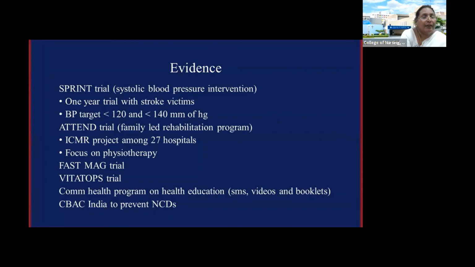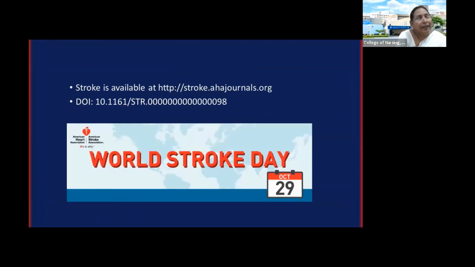VITATOPS trial is giving vitamins to prevent stroke. That is another trial that is going on. And in India, the Indian Stroke Association has introduced many videos and booklets on community health programs regarding stroke. There is also a CBAC checklist, which the Indian Stroke Association has given to prevent NCDs. There's no time for me to explain everything, so please have a look at it. I've given one link here, and that talks about the ASA journals. They talk about everything I said. Practically everything is given there, so please have a look at it, and it will definitely help you